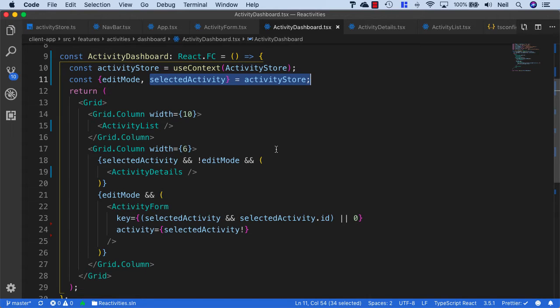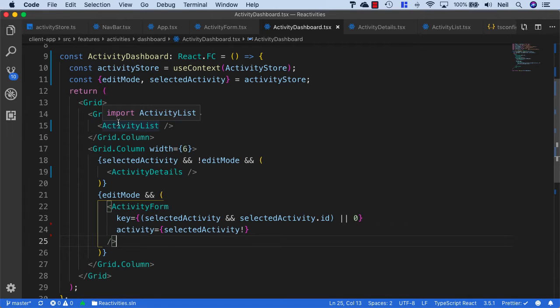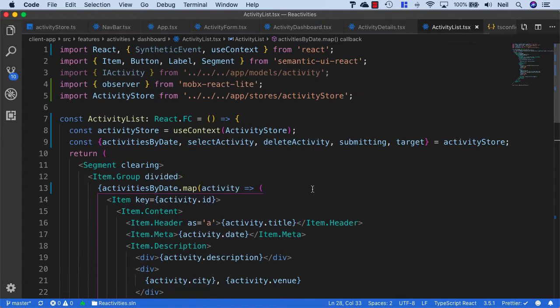And it's only really temporary, because when we introduce a router into our solution, then our activity form is not actually going to be a child component anymore, and it's going to be its own standalone component that doesn't receive any properties from anywhere. But for now it's working, so I'm just going to leave this in place as it is. So let's take a look at our activity list, see if we've got anything in here we can clean up,